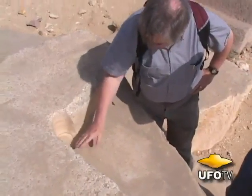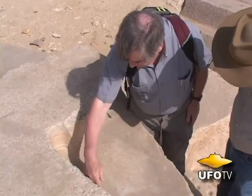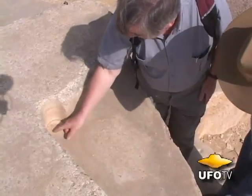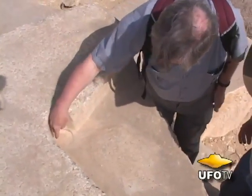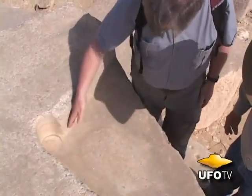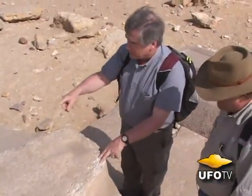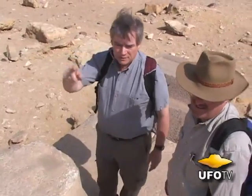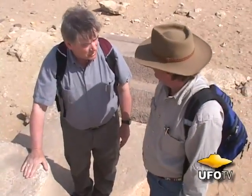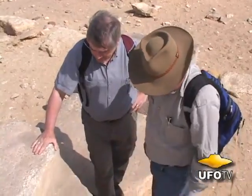You see the difference in tool marks, or the difference in geometry here. You have the geometry of this tool, which has a larger radius here, and then you have the geometry of the drill. And so they drilled that out, knocked the core out, and brought this in. And then cut this onto a radius. And there are 1, 2, 3, 4, 5, 6, 7, 8 of these features around the block. Now, what they were intended for, it's a mystery. What is the purpose of all this, and even why they would cut this out like this is...